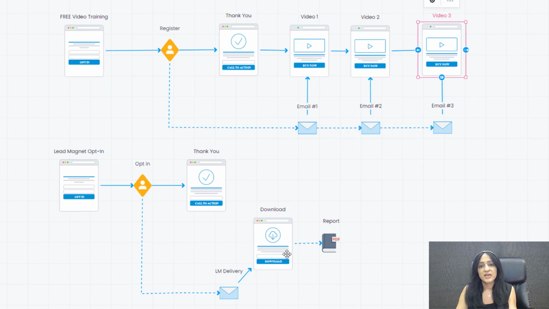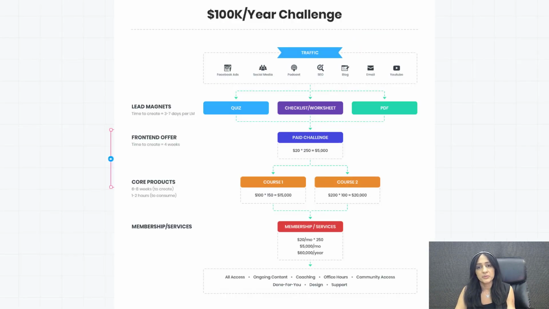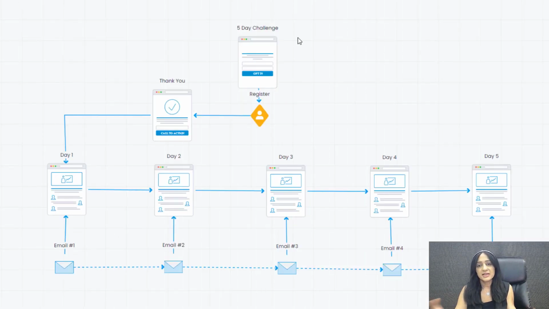One of the lead magnets could be as simple as a quiz. We'll definitely set up a quiz-based lead magnet in this challenge. I'll also show you how you can create different types of lead magnets, because one size does not fit all. Different people have different needs, different wants, different struggles. So we're going to create different types of lead magnets, all related to your main offer, to your main product, but different types of lead magnets.